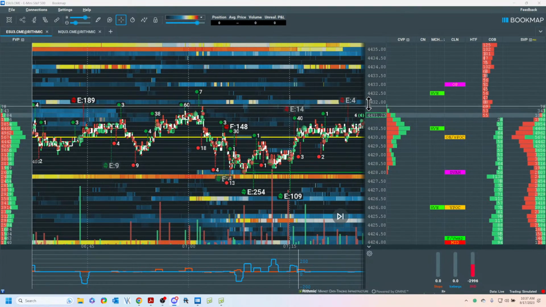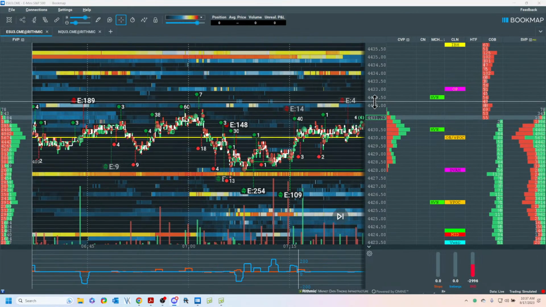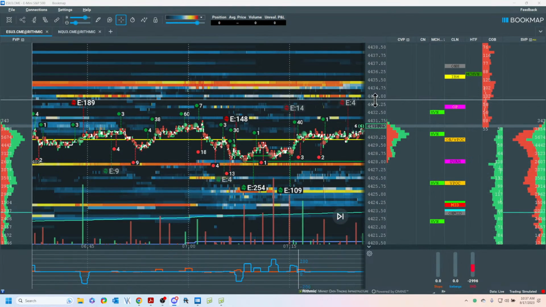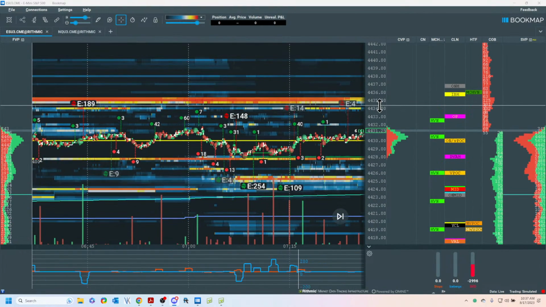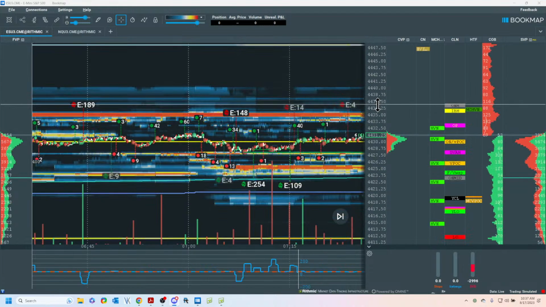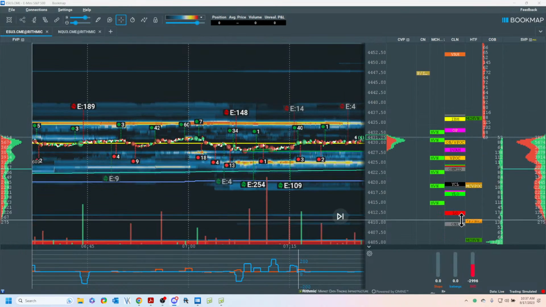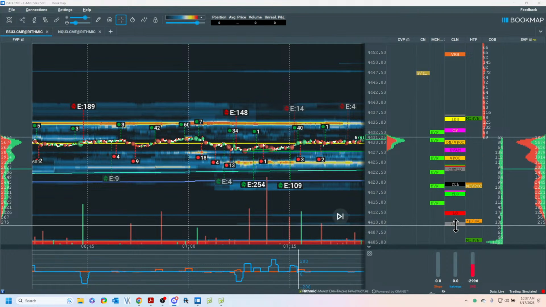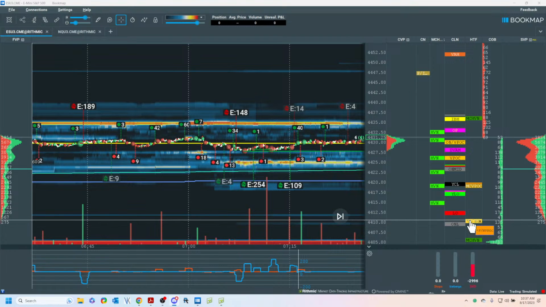This is ETH, so I'm going to come back because I want to show you something in this that I think is kind of important, so you will understand a little bit about what's what here. Here, this is the target on the current trade. The reason this is important: the last time we were down here, this was a high volume area. And the way the auction tends to work is it tends to visit high volume areas previously.